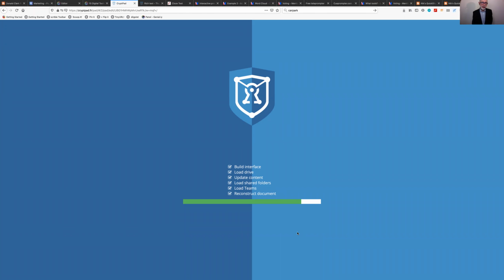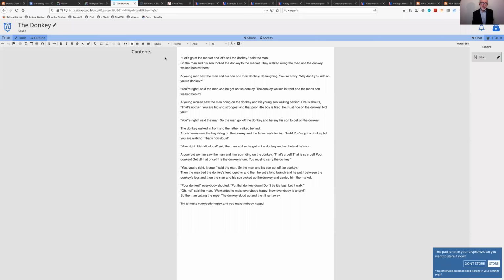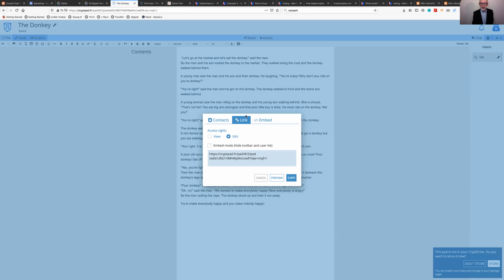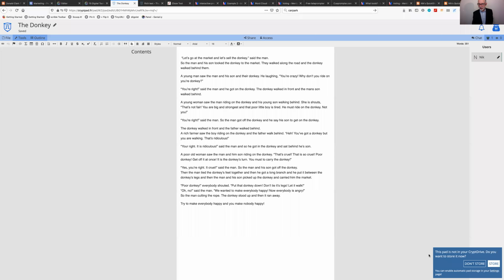So this is something I've created earlier on, and it's the text about the donkey. So now I've set the sharing so that anyone can edit, and I'll copy the link and I'll put that into the chat here. What I want you to do when you see the link is open the link on your computer and look for errors in the text. There are 10 errors in the text, and you can try and